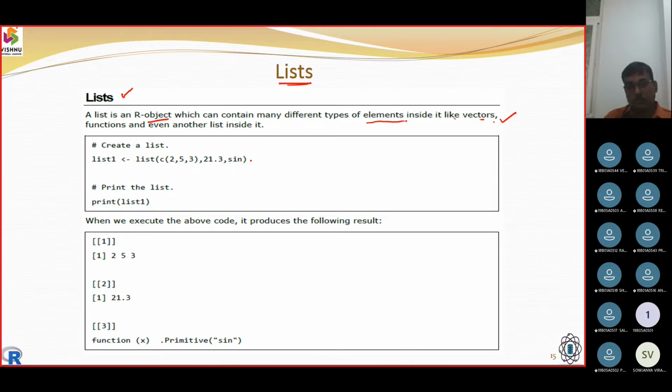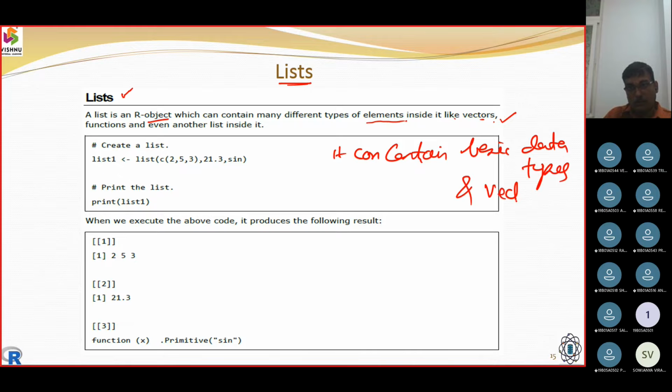So even lists, at this point, can contain basic data types and vectors.